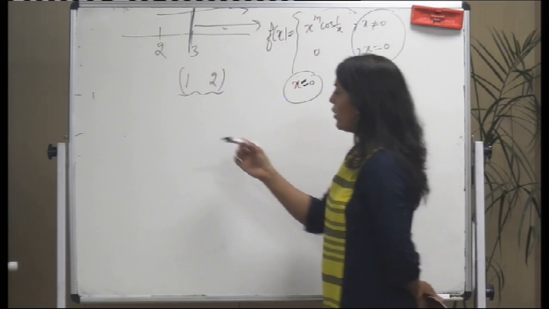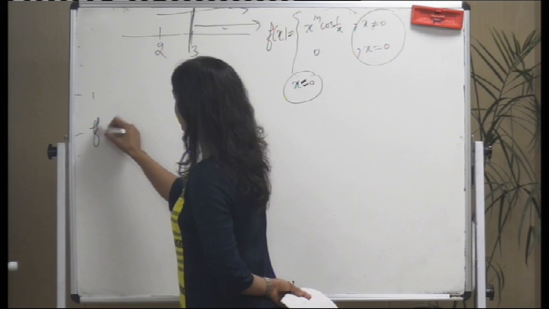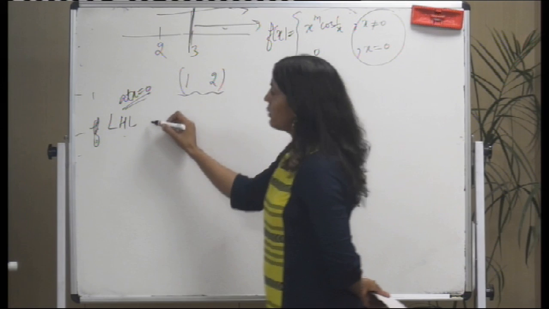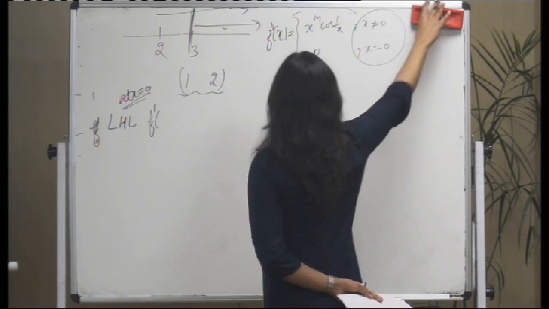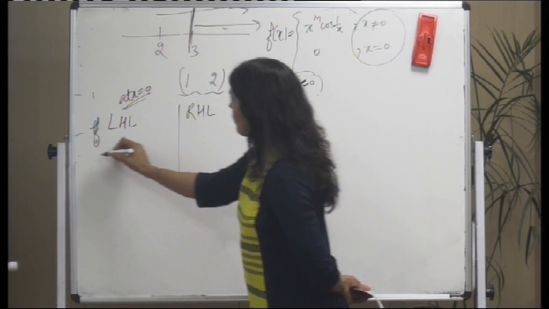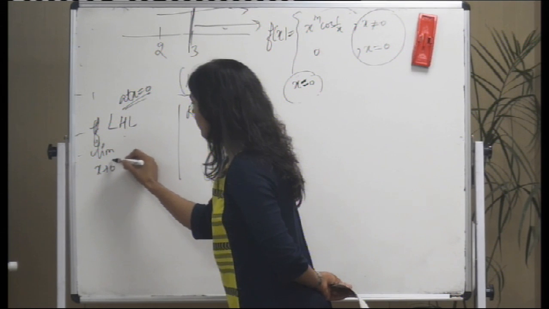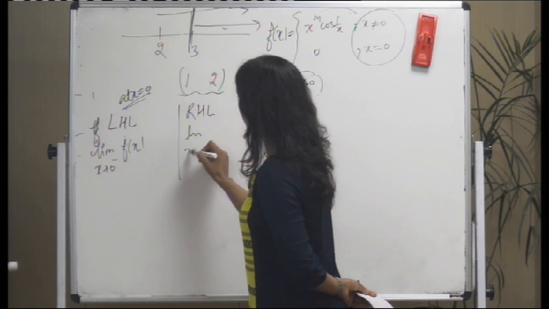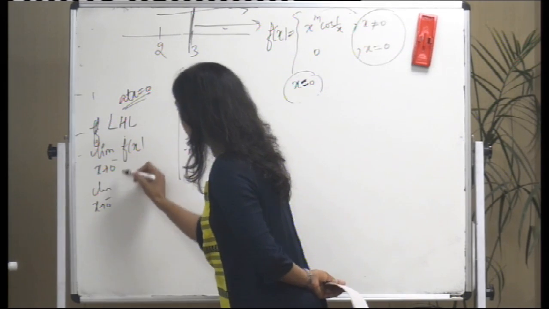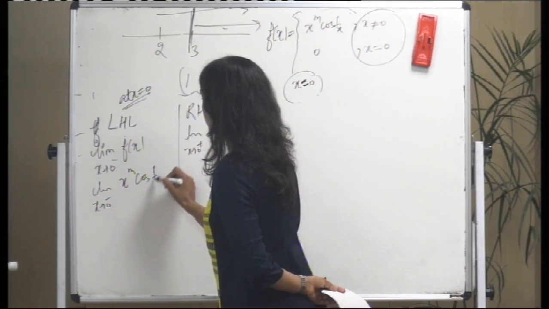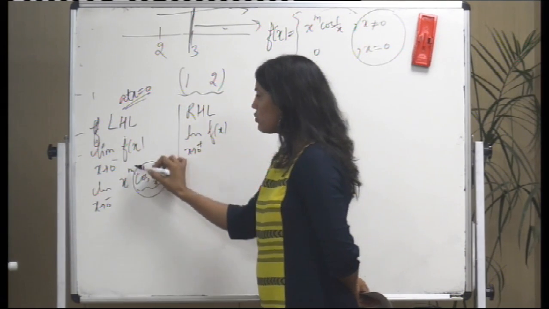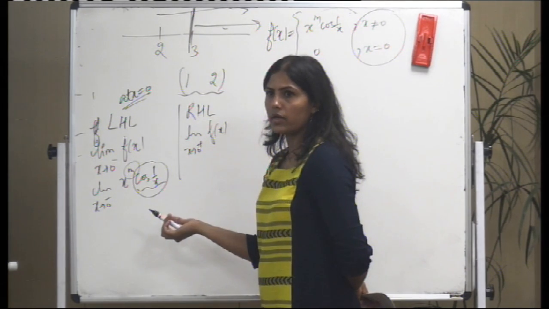I don't know how much calculation you are doing. I'm just doing it now. It is very simple. Basically I'm checking continuity with the left hand limit at 0 and then the RHL. Left hand limit means this. Right hand limit means this. So the limit as x tends to 0 minus of f(x) is x^m cos(1/x). I told you that this limit doesn't exist but it is finite. So again the same situation, I need 1/x for continuity. It means m should be